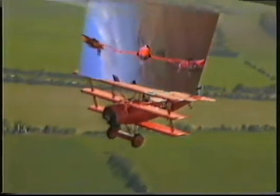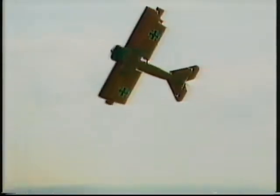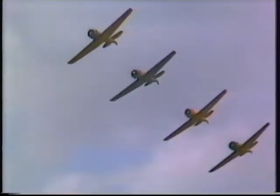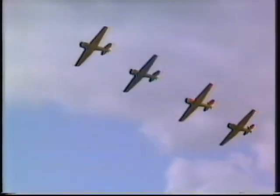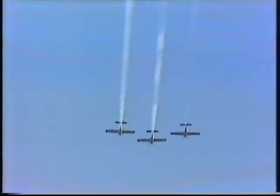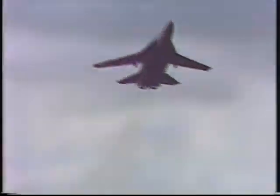And another gorgeous aeroplane, as flown by the renowned Red Baron, this historic scourge of the skies, the Fokker triplane. The old Harvard trainer is out in force in a formation team which is run entirely by part-time enthusiasts. The Hungarian national aerobatic team Aero Triga flying their Zlin 50s with quite exceptional precision at very low altitude and extremely close together. And of course all the noise and excitement of the fast jets, including a representation from the